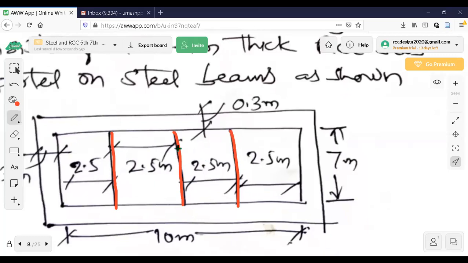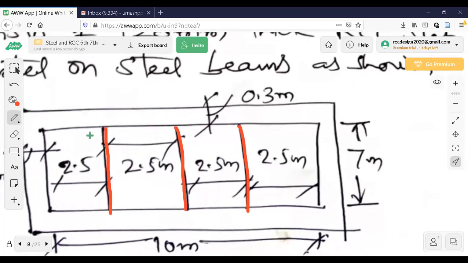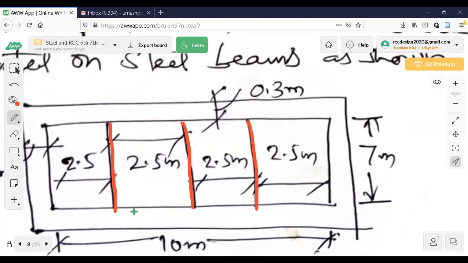Now, how do you calculate the load here? This is the plan actually. Slab will be resting on this particular room, and the load of the slab is carried by these beams, and these beams will transfer the load of the slab to the walls this side and this side. Now how the load is calculated is how much load this beam will take.